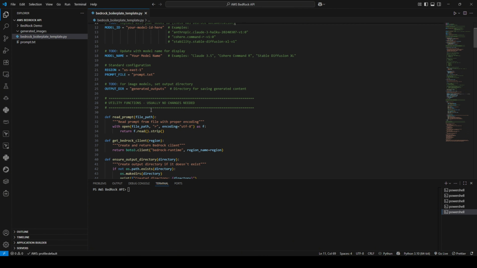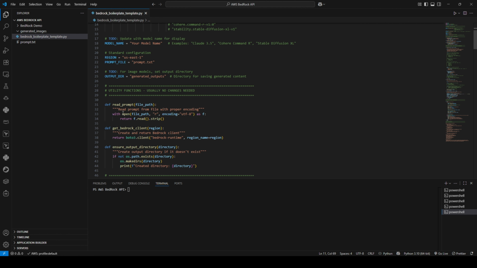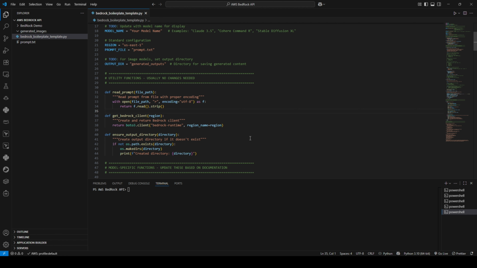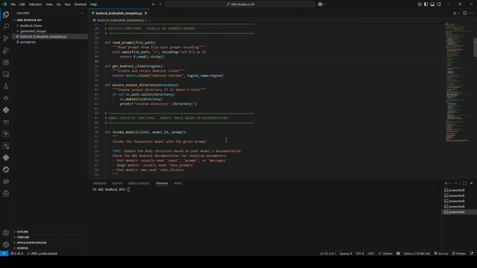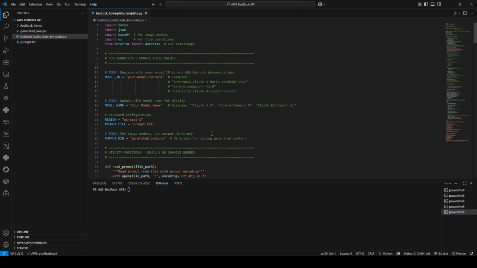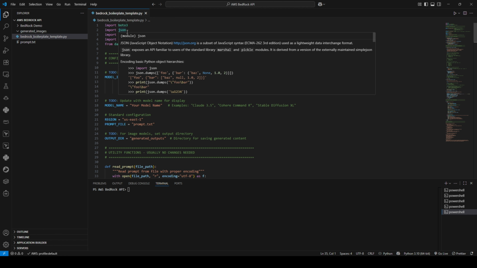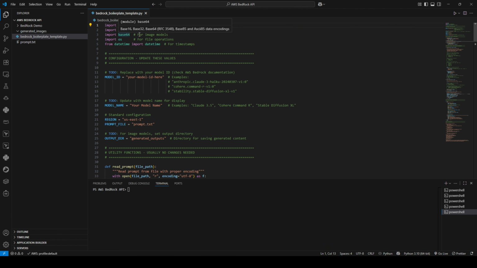Then the second is utility functions, where you basically read your prompt from a different file, create a Bedrock client, and if you want to store outputs in a different directory, then you can create that as well. And then the invoke model function. So let's go through this template, and we will try to use this template and try to interact with different models using the Bedrock API. So if I start from the top, we are importing boto3, json, base64 for